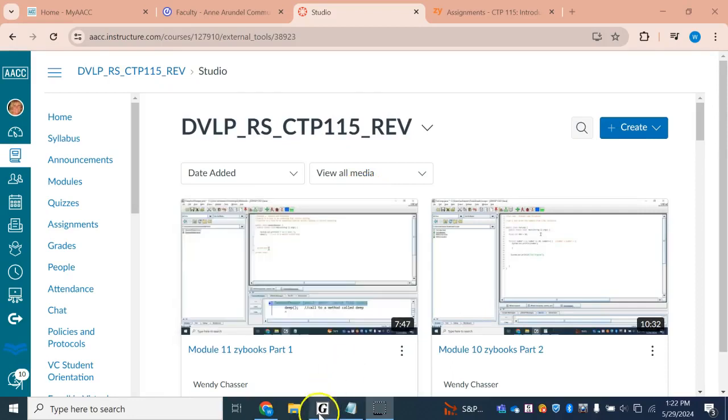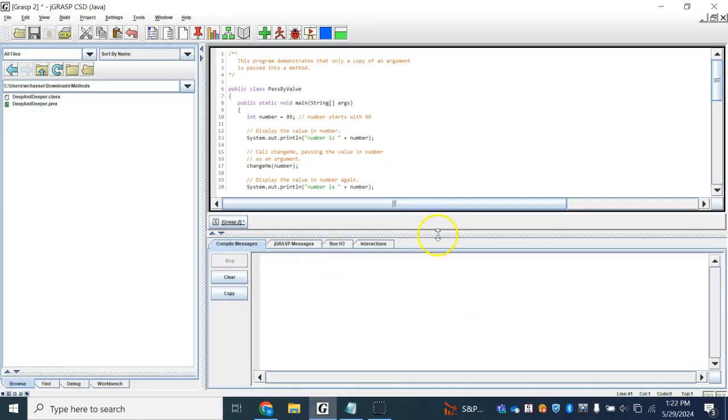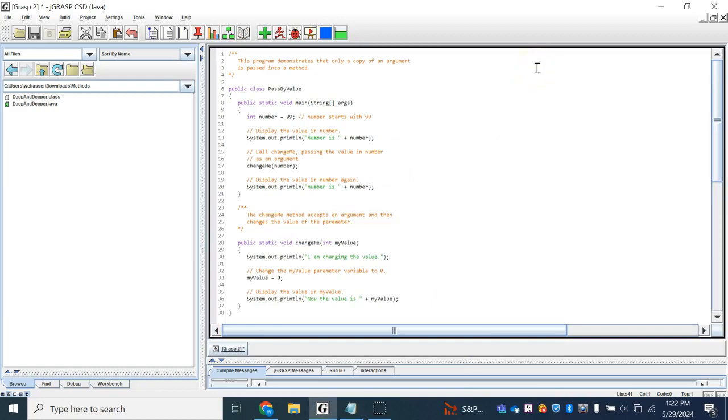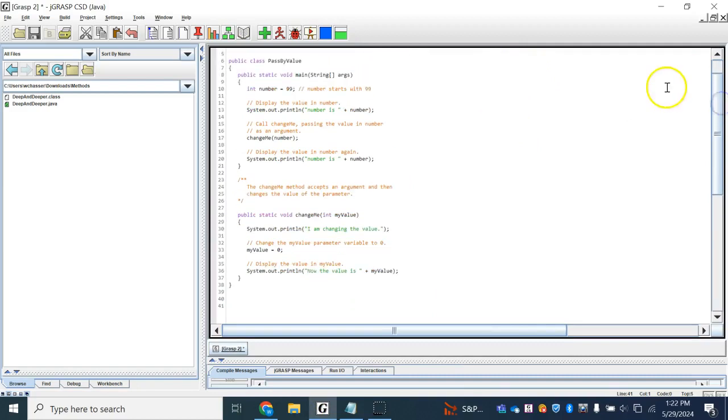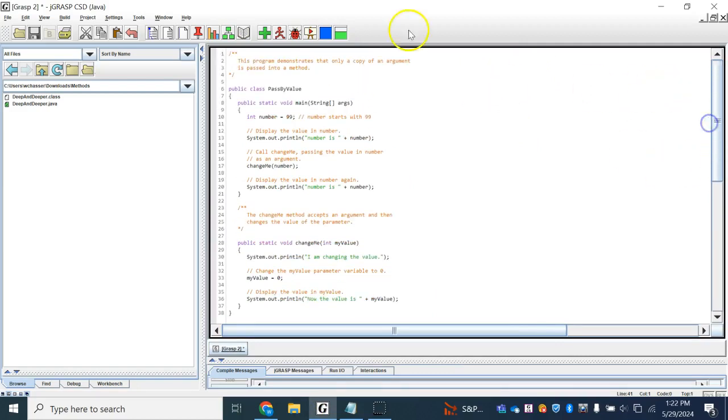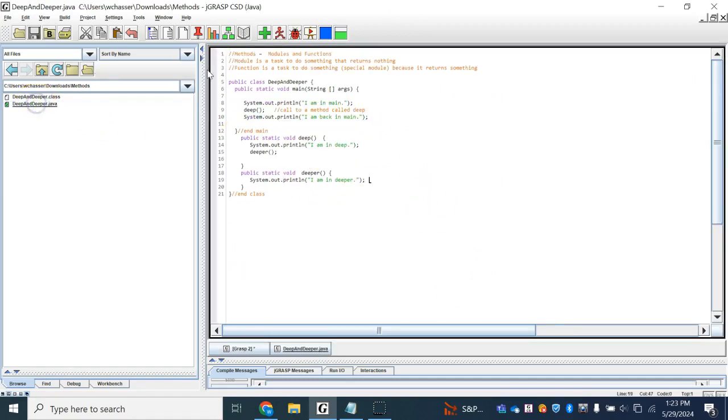So this time what I want to show you is a program that I've already written. Instead of talking through it as I type, I just want to show you the program and then we'll make some changes to it, okay? So let's start. This program is going to demonstrate how to pass items to another method when you have multiple methods. So in the deep and deeper version that we just did before, right, notice that when we call